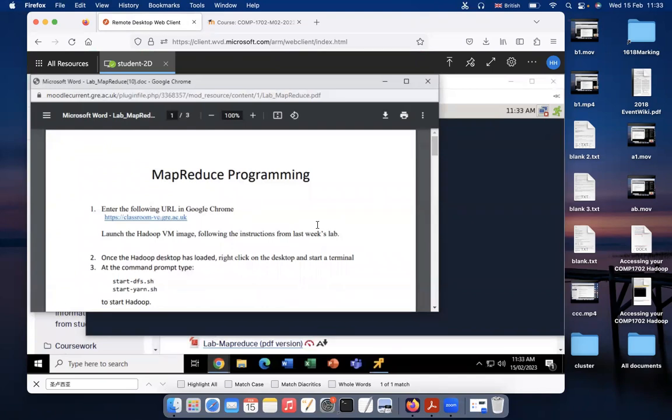Hello, everyone. This video provides a step-by-step guide to the MapReduce lab task. We start from the first step, entering the virtual classroom. You can access the virtual classroom by this URL,